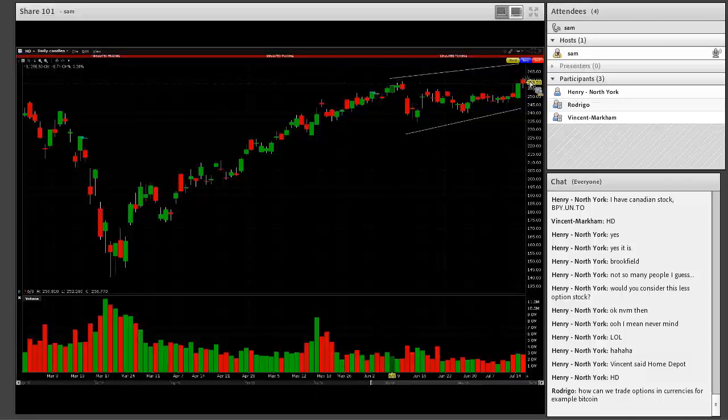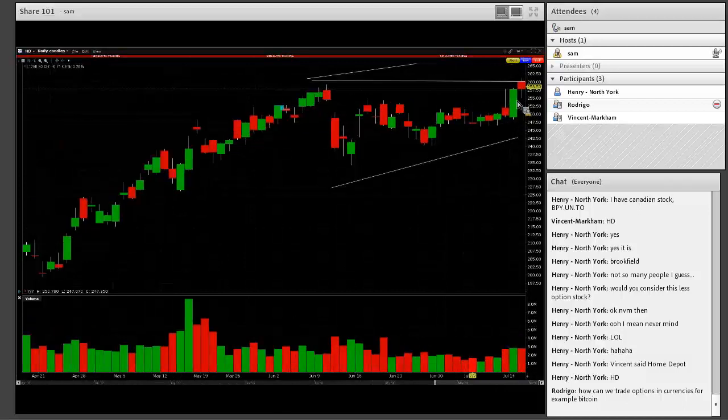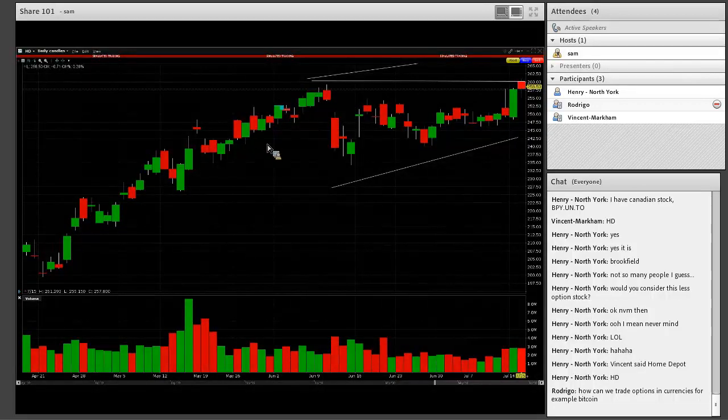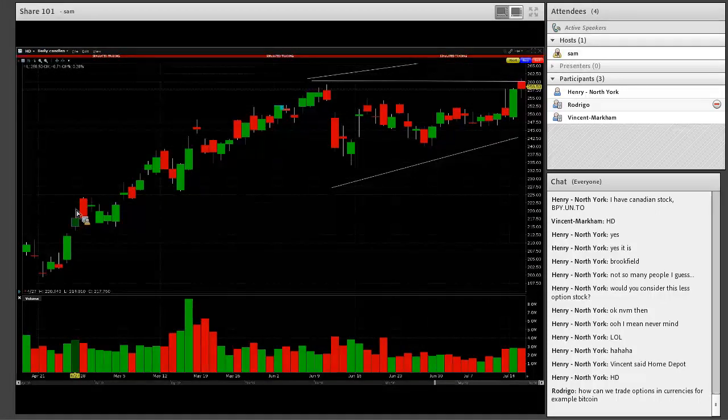So this is nice. I like this. It's at the top of the range, but it's in an uptrend. It's at the higher end of the range. There might be some resistance right here. You can see that. But let's trade it. Let's see where we go. It's definitely in an upward trend. It just filled the gap. I don't like that it's at the top of the range, but it's okay. Let's put the trade in and see how it'll go.